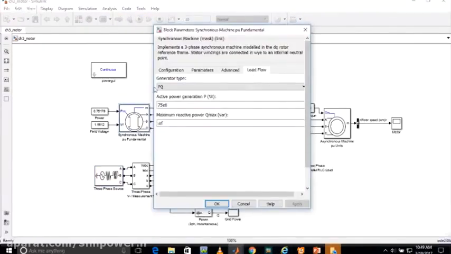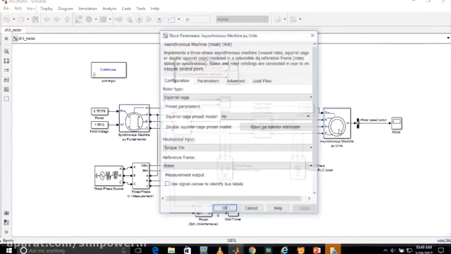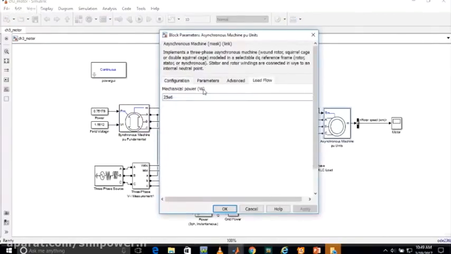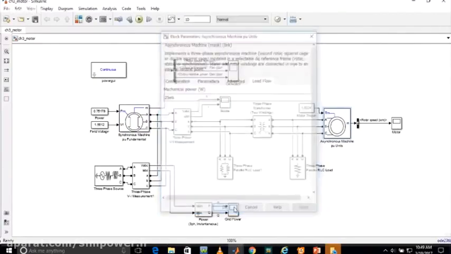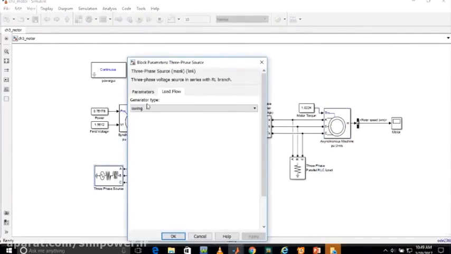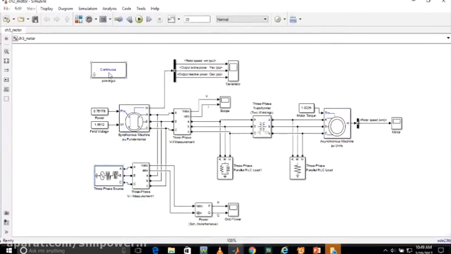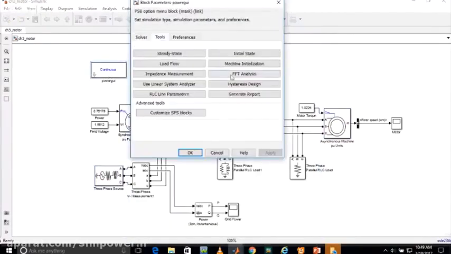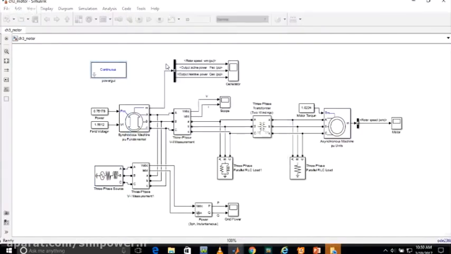In the load flow, we will provide the generator type as PQ. Then we provide the active power generation as 75 megawatt, and reactive power it can provide up to infinity. That we have given. Similarly, in this case, in the load flow, we have given the mechanical power as 25 megawatt that is required, and in this the load flow is a swing bus. So if we go to the continuous powergui, go to tools and load flow,